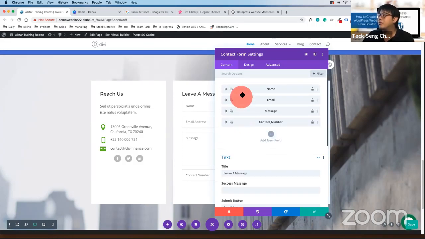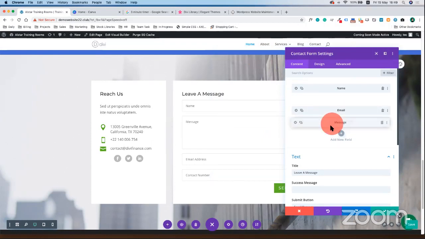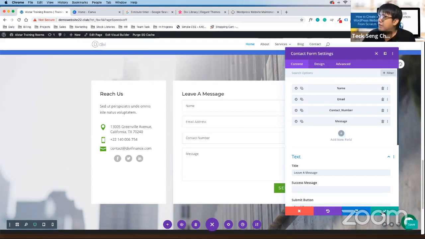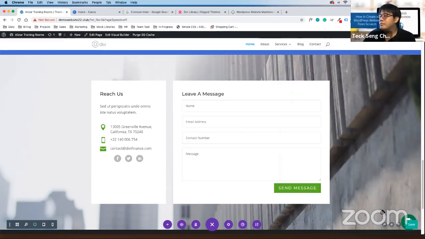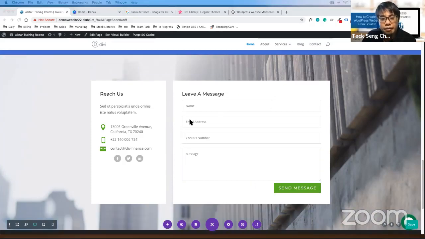I'm just going to move this up so that it's nicer. So we're just going to edit this. Click on the green tick. Everyone has done these changes already, right?